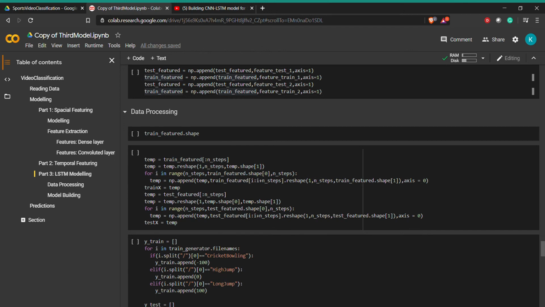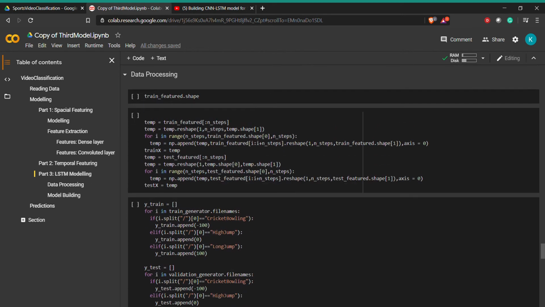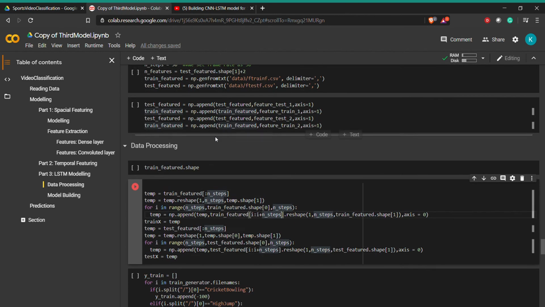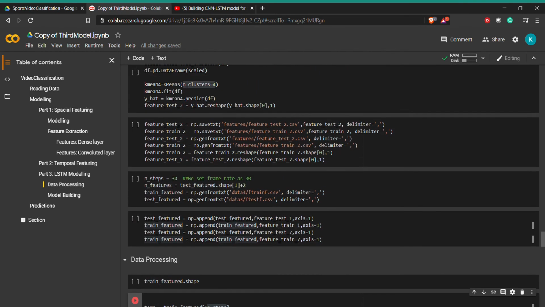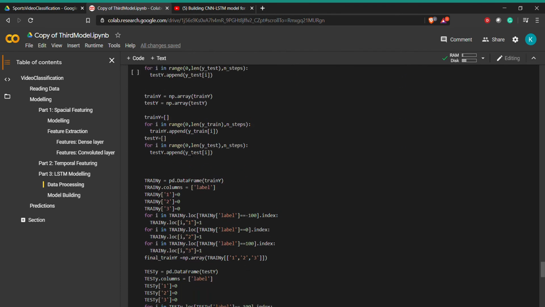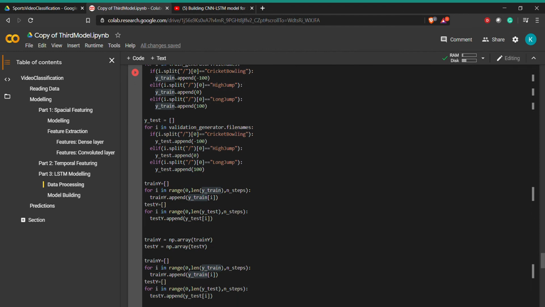Now we have the final LSTM model built over this, and we have added these two features to the data. So we have the final features, and after that we are extracting the final labels.